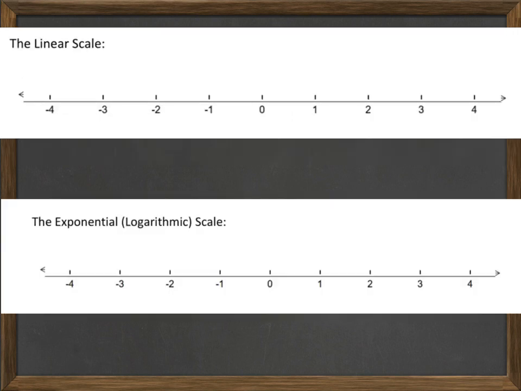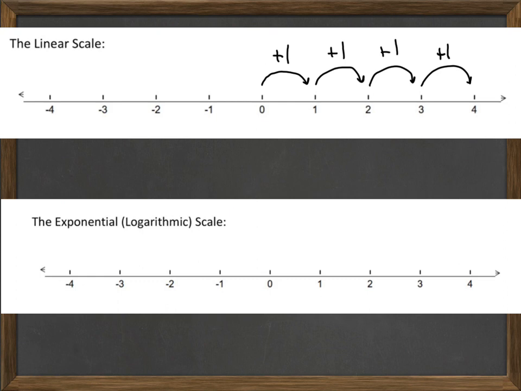Let's first talk about the linear scale versus the exponential scale. When we first learn how to count, we learn about these numbers. And the pattern here is +1. To get from 0 to 1, we add 1. To get from 1 to 2, we add 1. To get from 2 to 3, we add 1, right? And this might seem kind of simple and maybe even like I'm insulting your intelligence, but that's what a linear